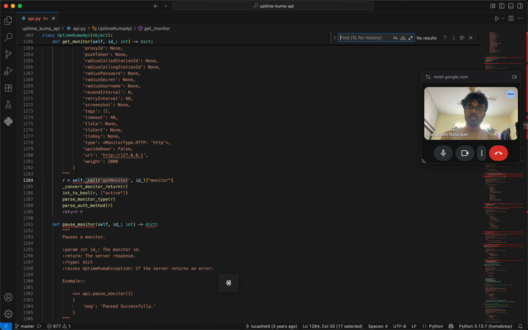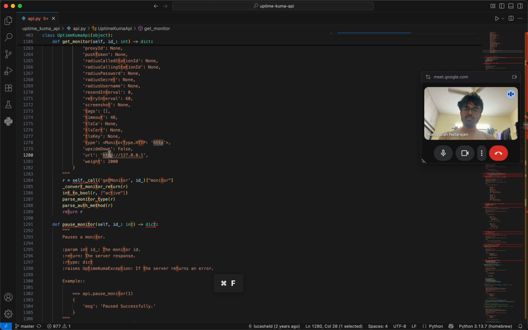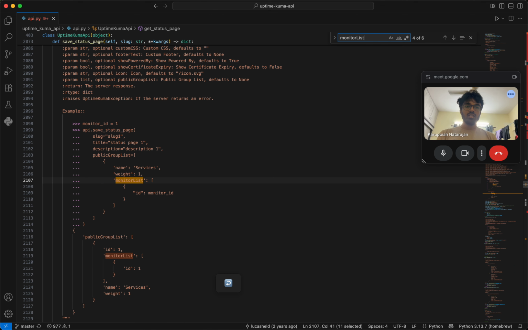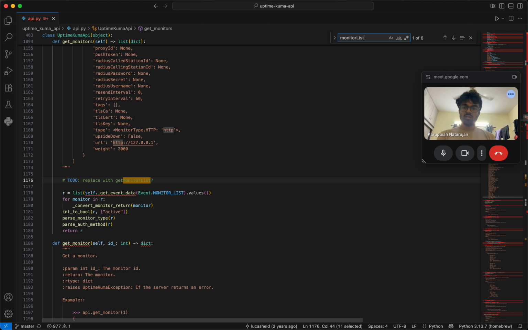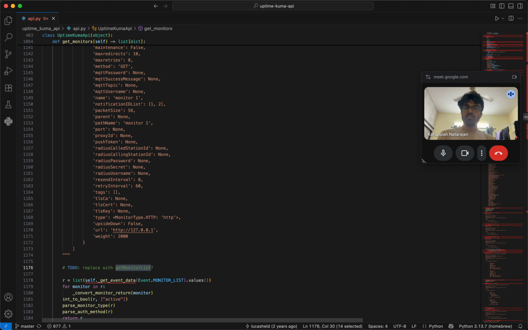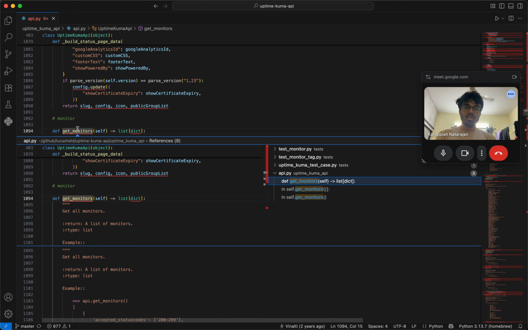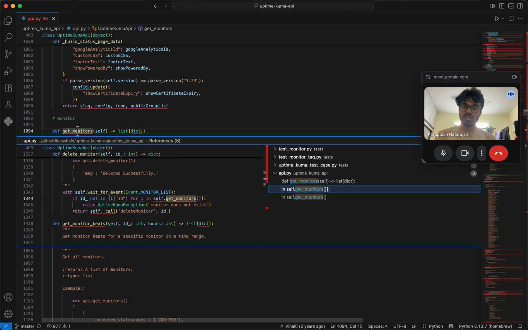No. So I think monitor list is over here, right? So there is a replace with get monitor list. So I think they have this. I mean, get monitor list also requires the same thing, but basically get monitors is used when the login happens. So if you notice over here,